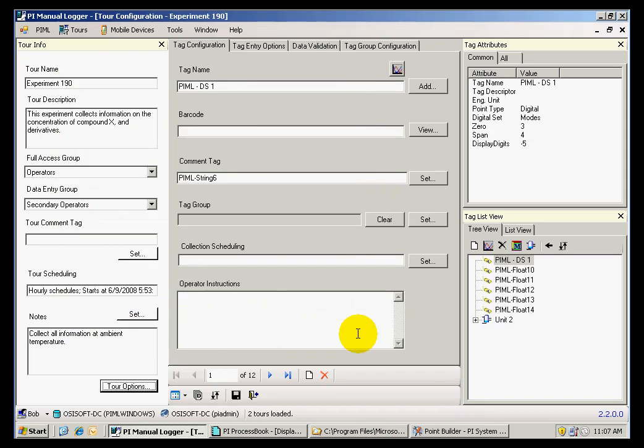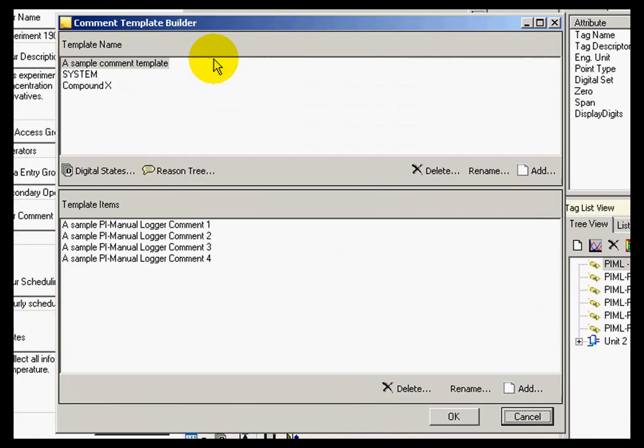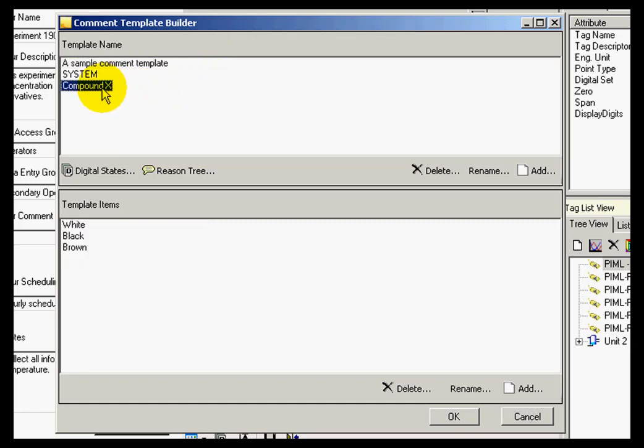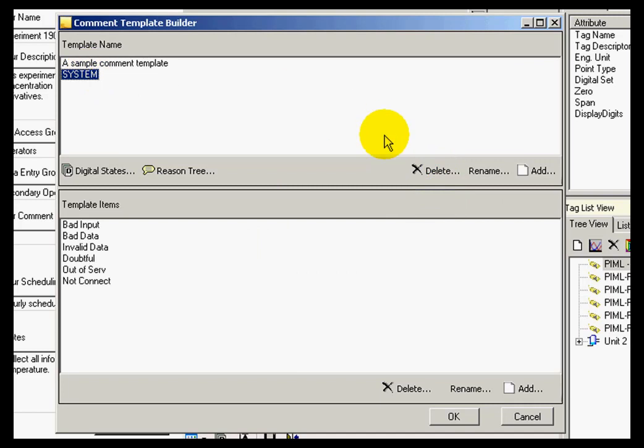Let's cancel out of this and see how we can create templates. I want to use annotations. I don't want to use a comment tag, so I am going to delete that tag out of there. And by going to tools, I can see comment templates. In here I can create new templates. Let me delete the two templates that were there,